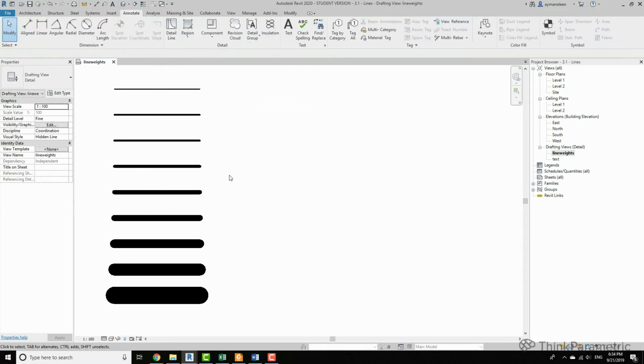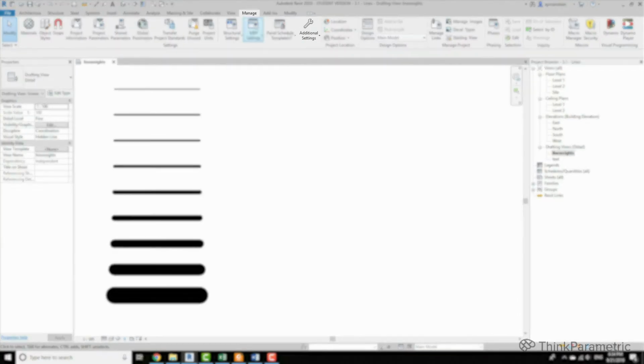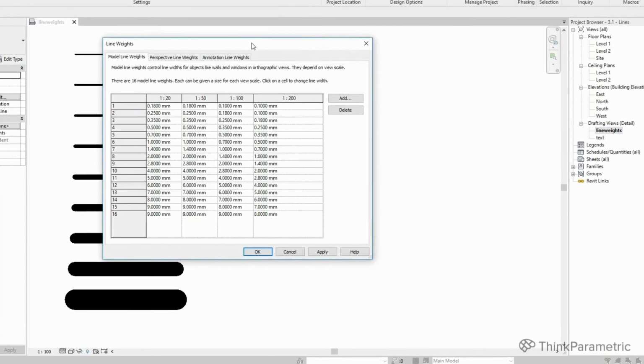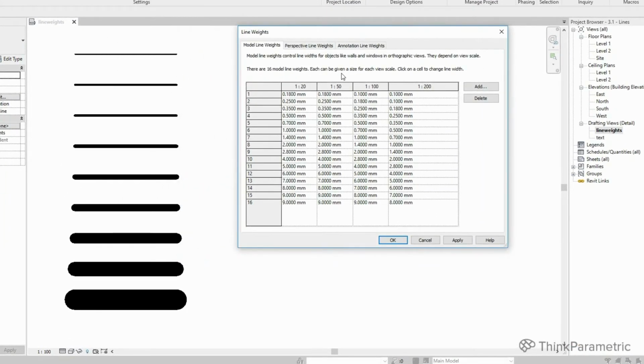Let's keep the lines on the side of the window and then go to Manage again, Line Weights. Now let's start by defining the values for the scale 1 to 100. First off, we want to reduce the minimum value and make it 0.06.